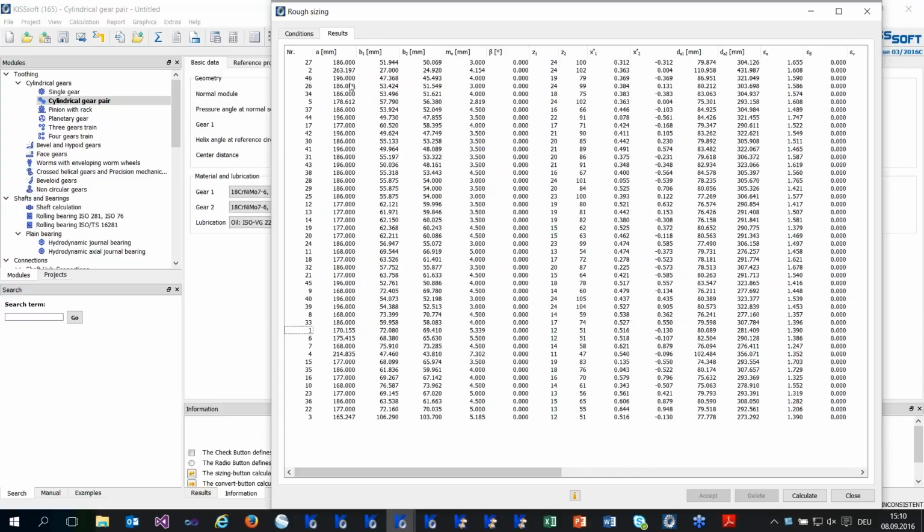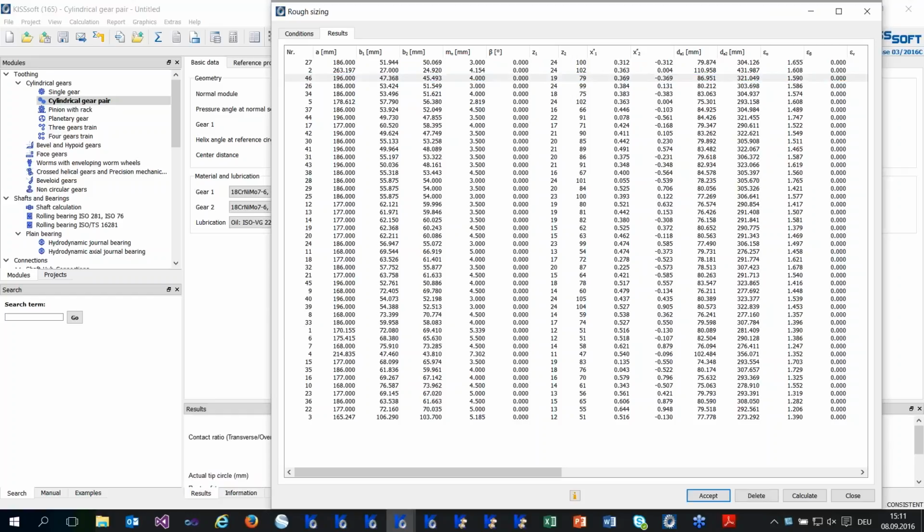the best weight is here around 200 center distance with a corresponding face width. So if the first solution with model 3, 24 teeth, you like it, we can take this. In my opinion, I would prefer to take a lower tooth number, maybe model 4, this one, and